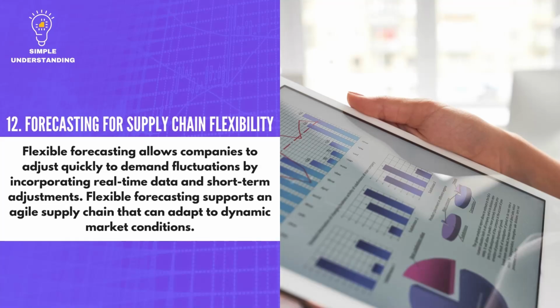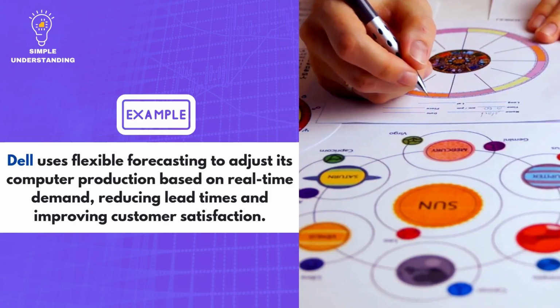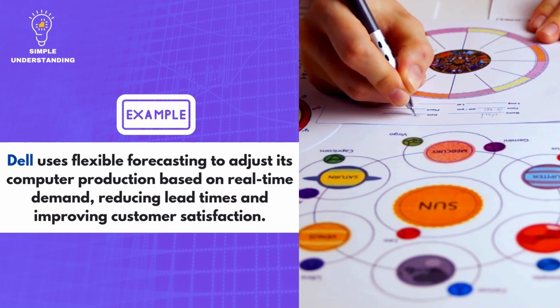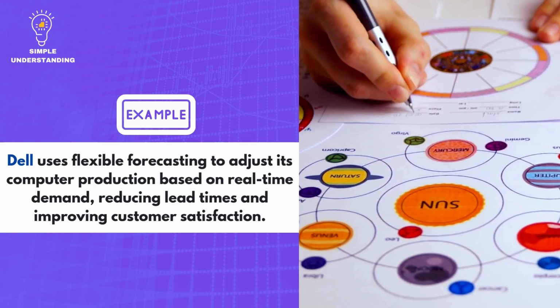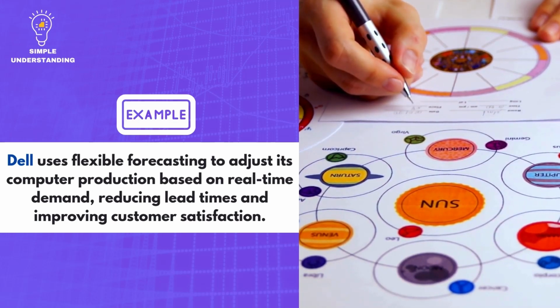12. Forecasting for supply chain flexibility. Explanation. Flexible forecasting allows companies to adjust quickly to demand fluctuations by incorporating real-time data and short-term adjustments. Flexible forecasting supports an agile supply chain that can adapt to dynamic market conditions. Real company example. Dell uses flexible forecasting to adjust its computer production based on real-time demand, reducing lead times and